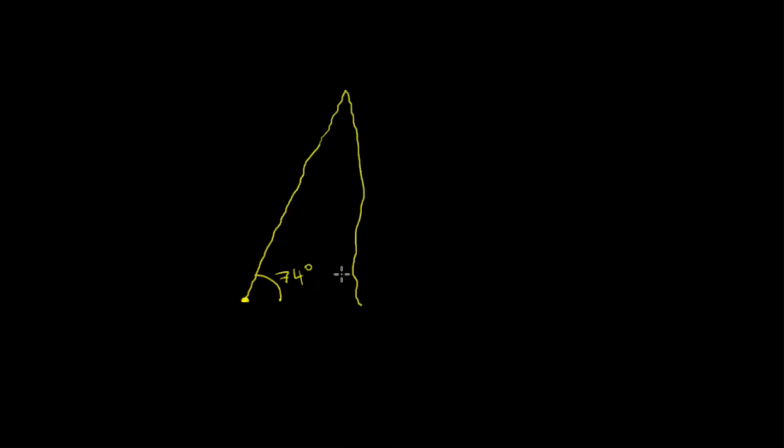My drawing's a little wacky today. This height right here of the mountain, up to the tip of the mountain, is 3,400 feet. Now, where it gets a little tricky to understand is they said that from the base of the mountain, you moved away 840 feet. So from here, you move 840 feet. And then the tram line runs from here